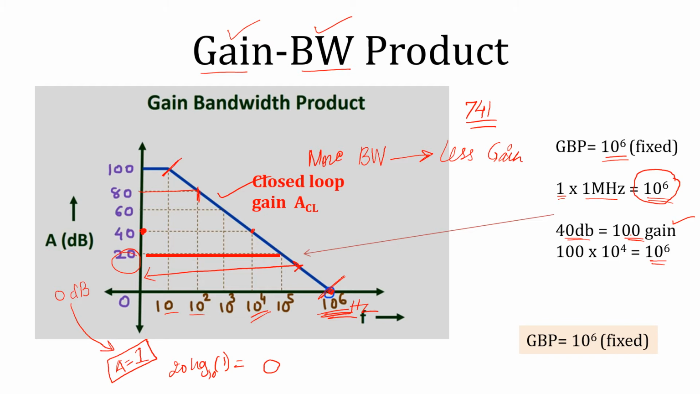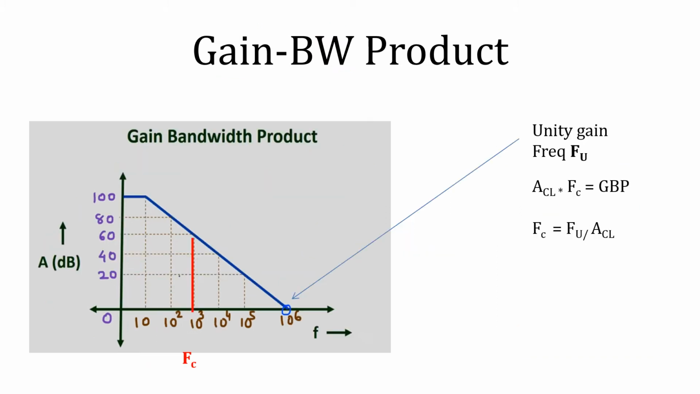Okay, next interesting thing is closed loop gain. We will see how the closed loop made an impact on this gain bandwidth product in coming slides. So whenever we have a closed loop system, in this example we have a unity gain frequency, that is FU. We call it FU. What is FU? When the gain is unity, that is 0 decibel,